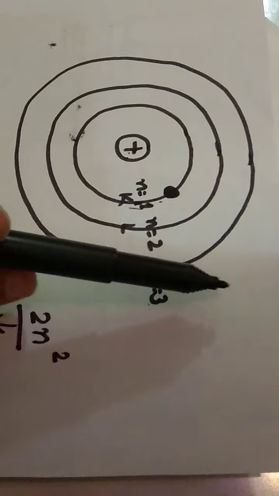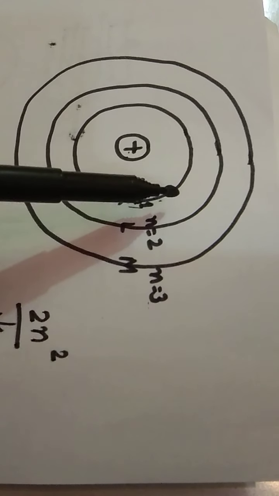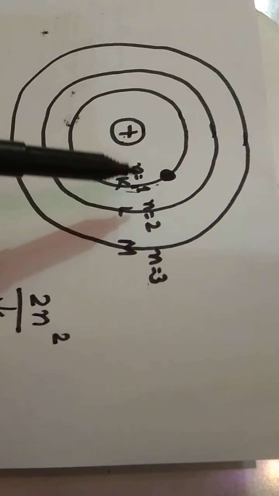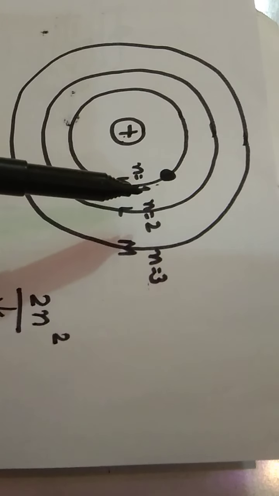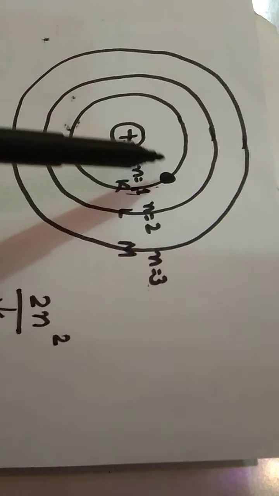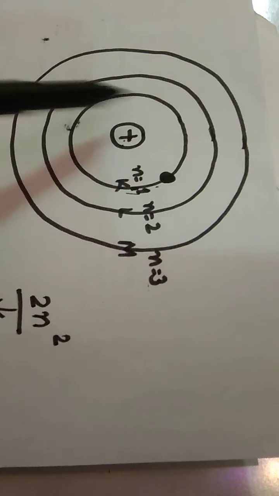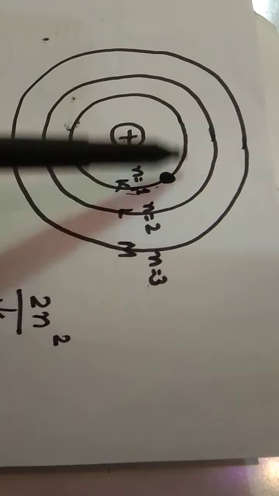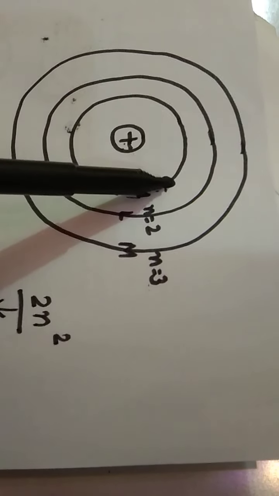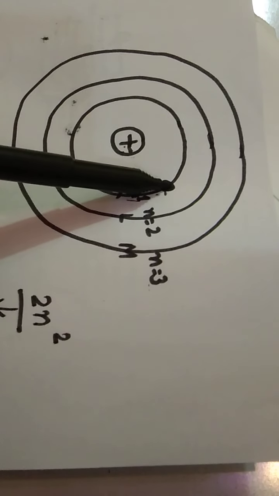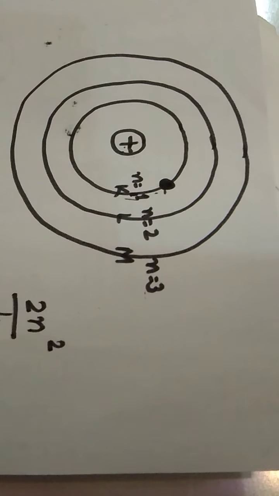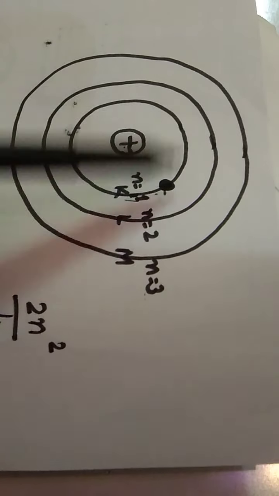Thus, under the influence of the external magnetic field, the electron that is present in the subshell can orient itself with certain regions of space around the nucleus called orbitals. क्या होता है बेटा? जब इलेक्ट्रॉन यहाँ पे रिवॉल्व कर रहा है इसमें in orbital motion around the nucleus, then it will generate electric field. This will in turn generate magnetic field, क्योंकि इलेक्ट्रिक फील्ड मैग्नेटिक फील्ड प्रोड्यूस करती है, आपने फिजिक्स में पढ़ा है. So that will be magnetic field of this atom.